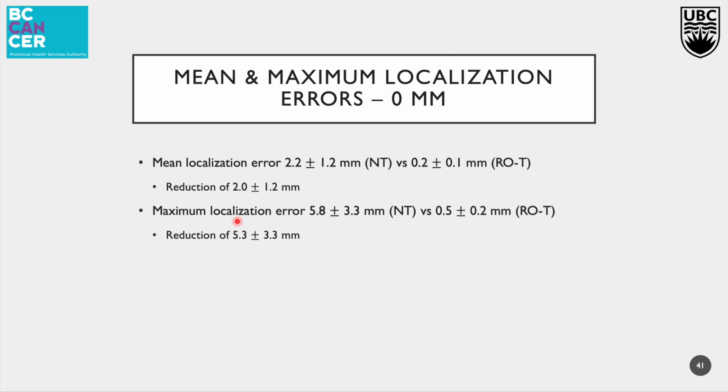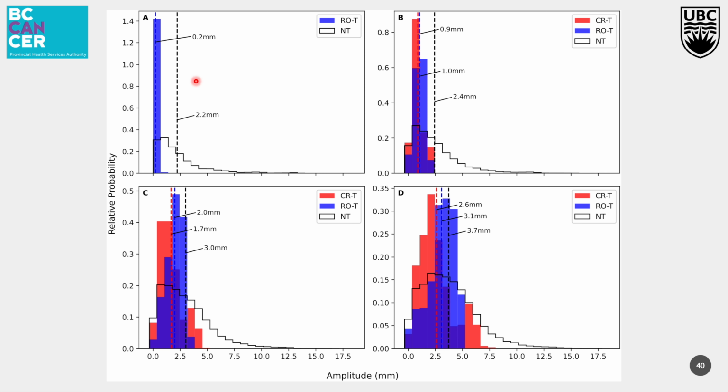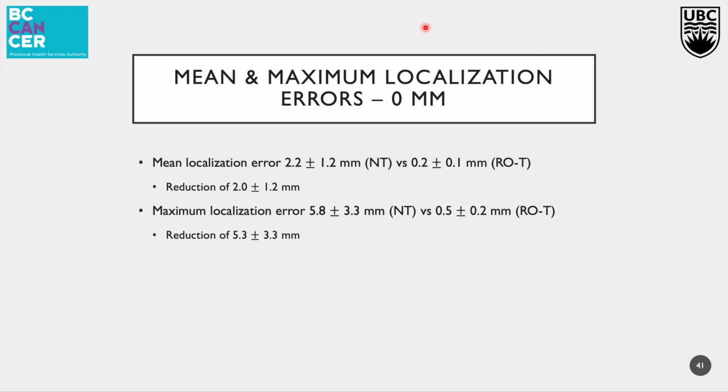And then the maximum localization error was reduced by about 5.3 millimeters, which we can see here in the graph. So we've got the reduction of 2 millimeters for this mean, which are showed by the dotted lines. And then you can kind of see the maximum trailing out quite far for no tracking versus the ROT model. So clearly this does support the efficacy of respiratory dynamic tracking for margin reductions,